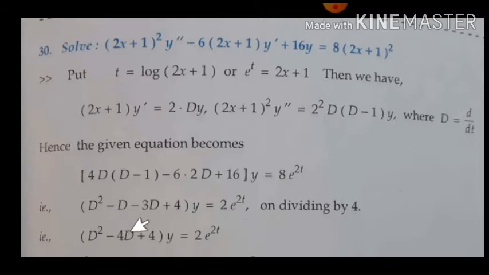So now the differential equation is converted into a differential equation of constant coefficient. Observe that the coefficient of D is also constant, coefficient of D square is also constant. Now we know how to solve such a type of differential equation. It is non-homogeneous, and the right hand side is an exponential function. So to find the particular integral, type 1 we have to apply. And to find the complementary function, we need to write the auxiliary equation and find the roots.